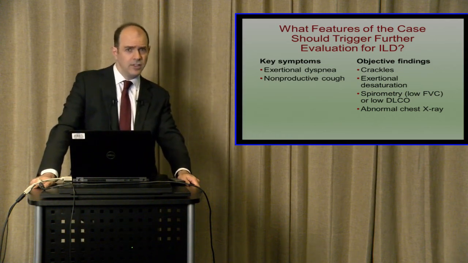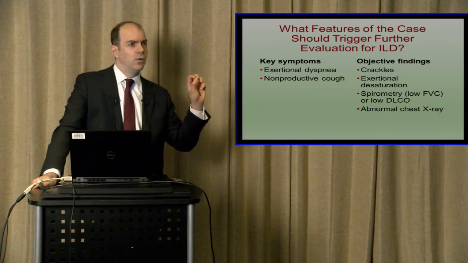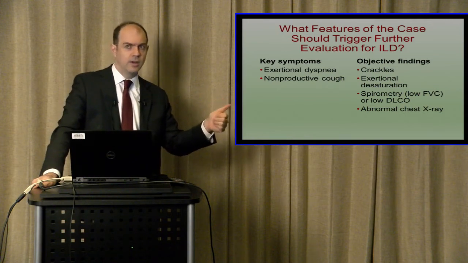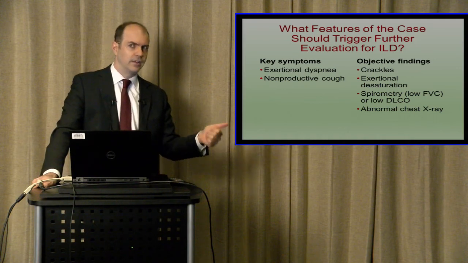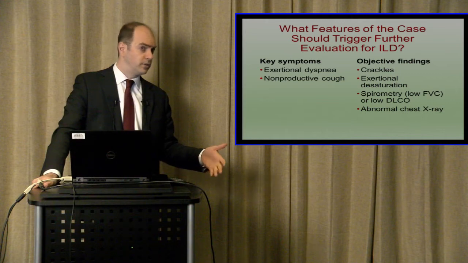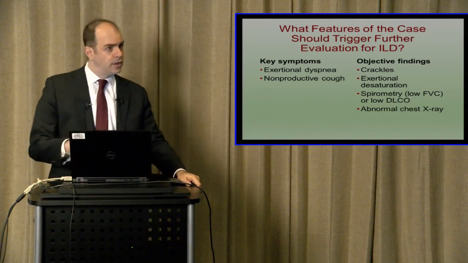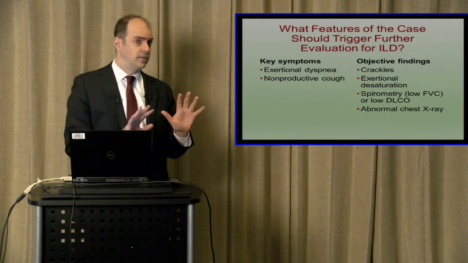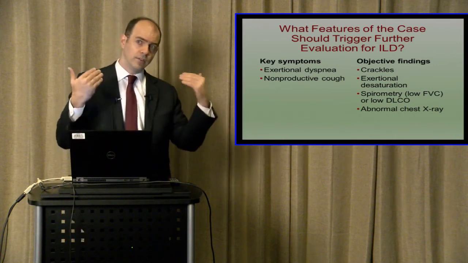So this is kind of an important slide. Here, this is a patient with dyspnea or cough, and then any of these other objective findings. Crackles on exam that aren't going away. You tried to diurese them, and their echo's normal. Hey, they still have crackles. Maybe it's interstitial lung disease. I mentioned desaturation during exertion, so just walking them around can be really helpful. Low FVC on spirometry, low DLCO, and then abnormal chest x-ray. So any of these things, symptoms combined with any one of these other findings, should really raise your suspicion for